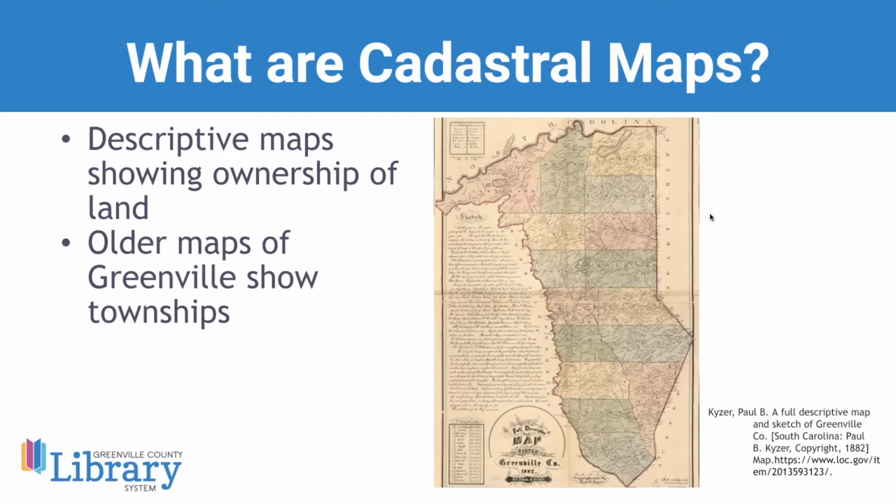And one thing that's great with these types of maps too, because a lot of times someone will find something on this map and they're like, well, where is that in present day? One of the tips that you can try is to find a river or something like that, or even a mountain range sometimes. But if you can find a river or even a creek, a lot of times those aren't really going to change. Like the Reedy River on this descriptive map flows the same way as it does now, basically. So if you can find that on the map, then you can help pinpoint where you are in present day, because that can be a bit of a struggle sometimes, trying to figure out exactly where something was.